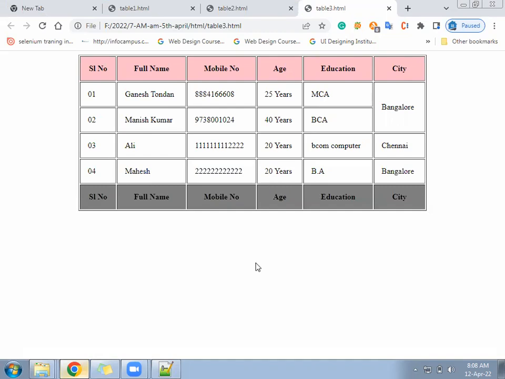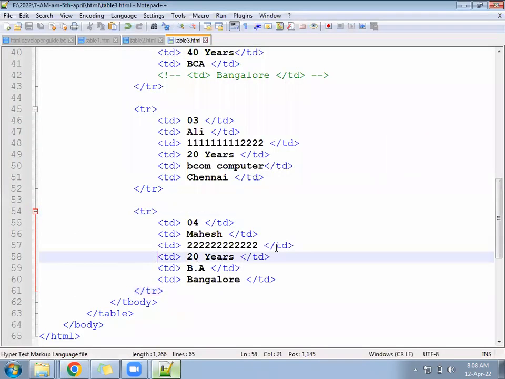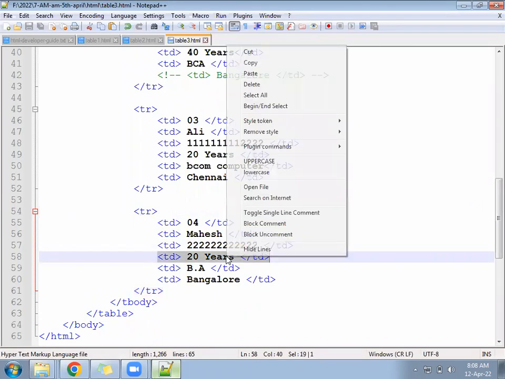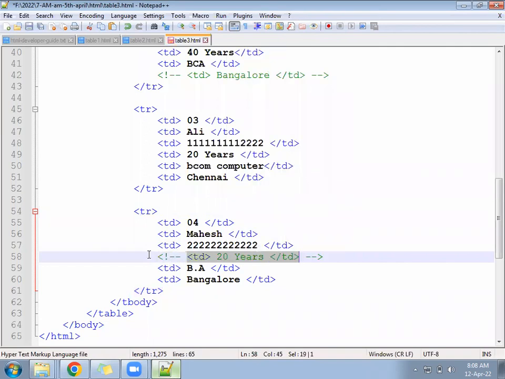Okay. So in that case, first this 20 years should get commented. So select it, do the right click, and there is an option called block comment. So this 20 years will get commented. After commenting of this 20 years,